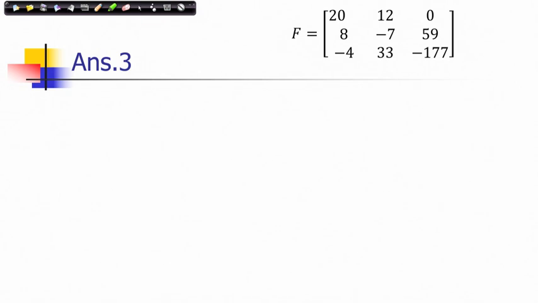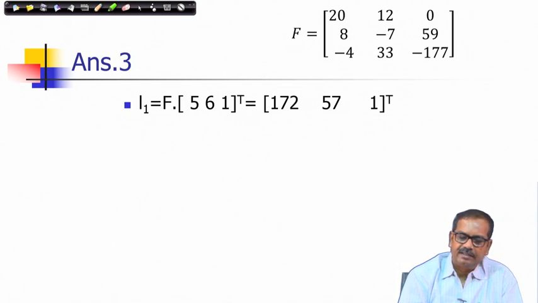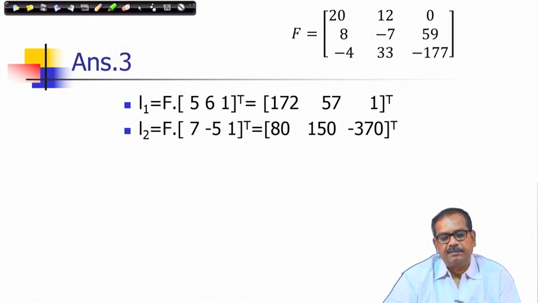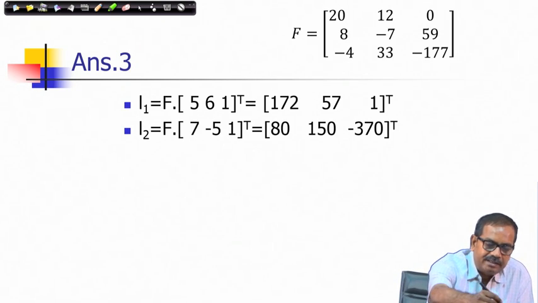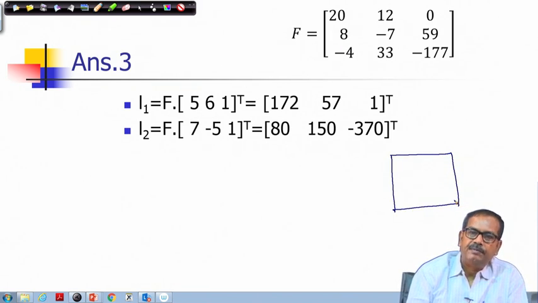Consider this is the fundamental matrix, and for the image point (5, 6), its epipolar line is given in this form. If I multiply with F, I will get its epipolar line L1, which is given by this vector. Similarly, I can get the epipolar line for the other image point (7, -5, 1). So, you have two epipolar lines. That gives me the answer for the first part, but one interesting thing you should note here: suppose this is your